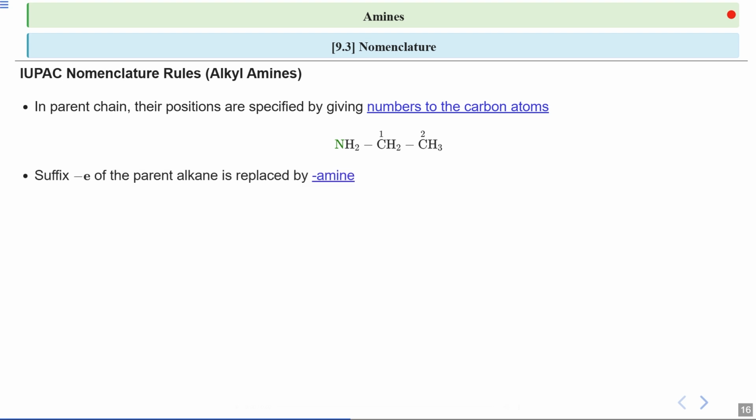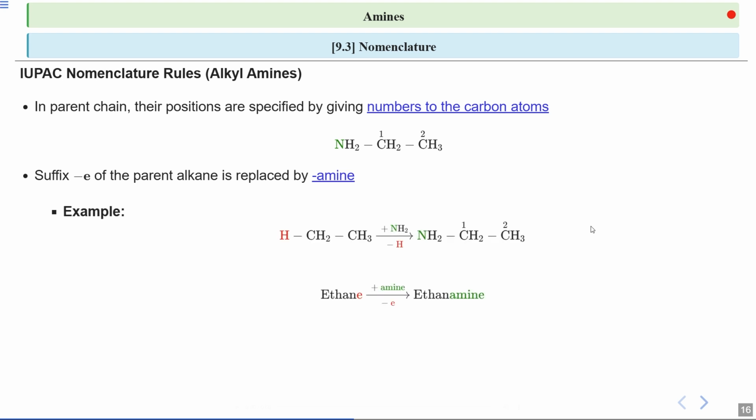Next, what happens when you write the name of parent alkane? Okay, the E, that is the suffix E at the end of alkane name, is replaced by amine to indicate the presence of amino group. Okay, that is the E of the parent alkane is replaced by amine. Okay,